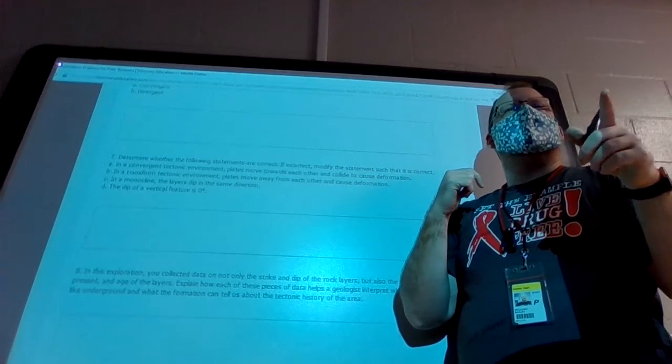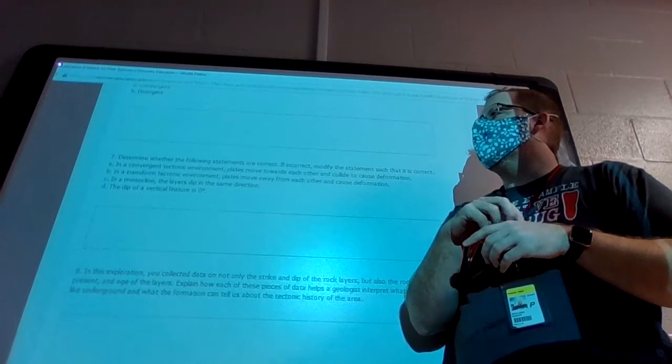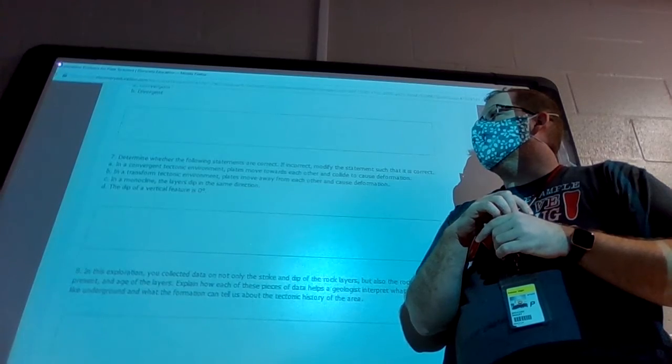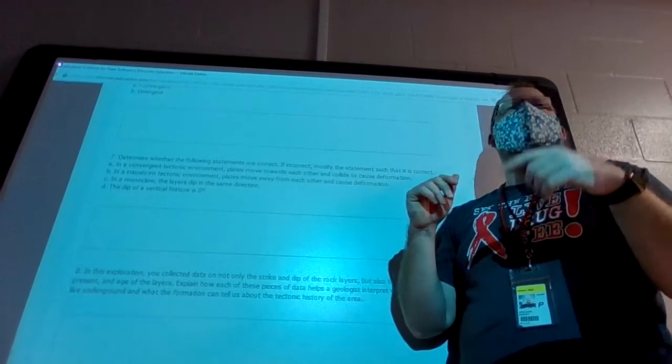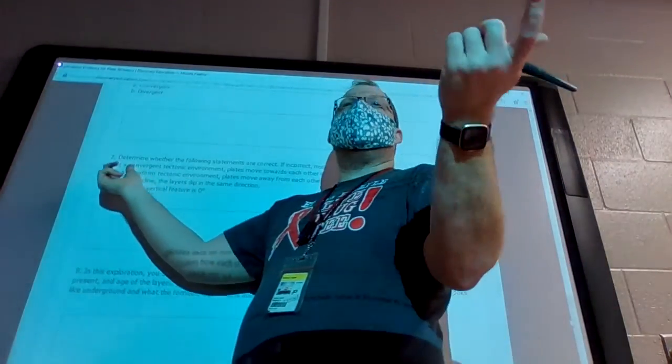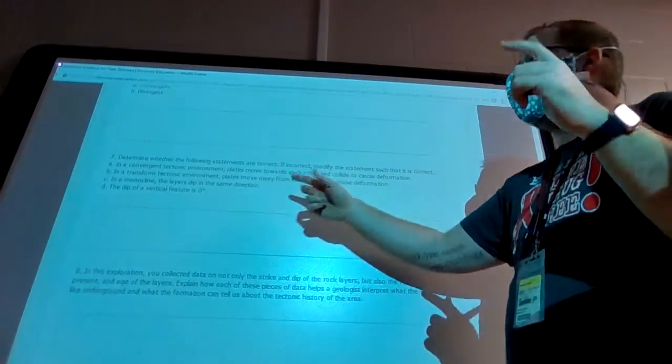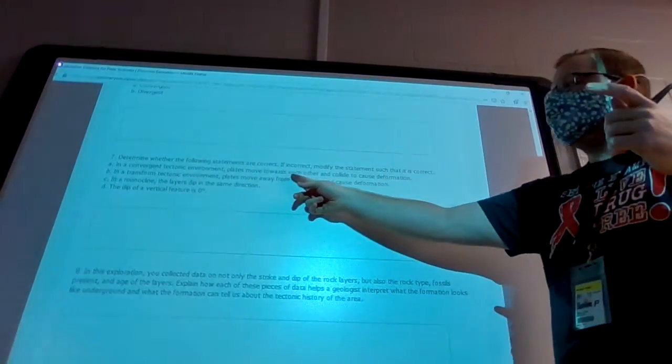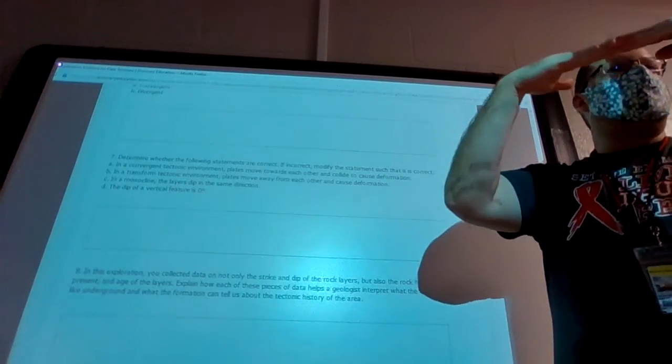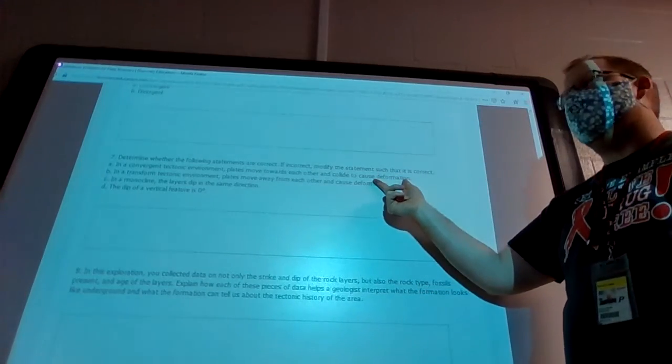If it's true, can we just put A true, and then if B is not true, can we just put B and then write it true? Yes, that's what we're going to do. But is A true? Yeah, A is true. In convergent, they move towards each other, and eventually they'll smash into each other and cause deformation, just like a